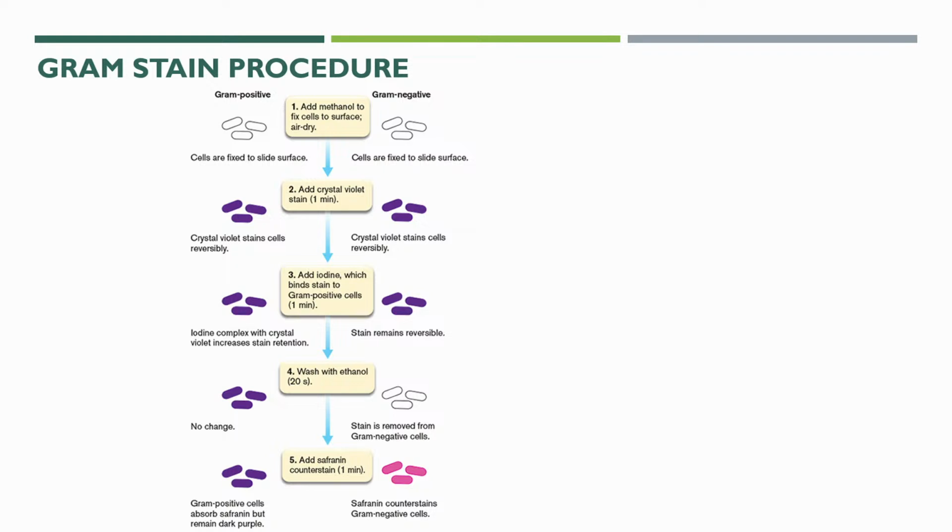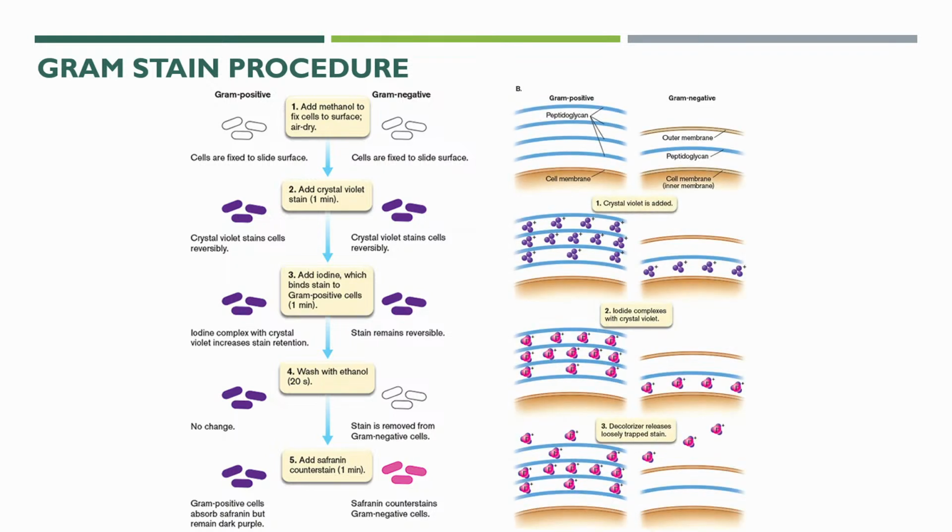Okay. So another way to look at it in terms of the cell wall structure, here you have gram-positive cells, and in the cell wall there is a peptidoglycan layer, which we'll talk about more in this lecture. Gram-negative cells have a very small layer of the peptidoglycan, and so here the crystal violet's added, and it's really being taken up here. The iodine helps the crystal violet lock in,